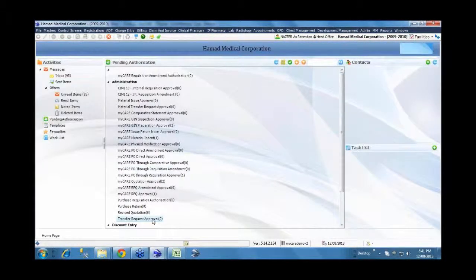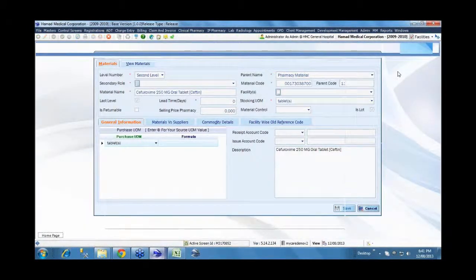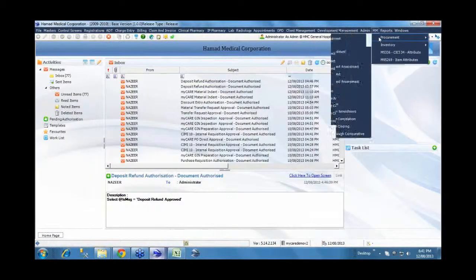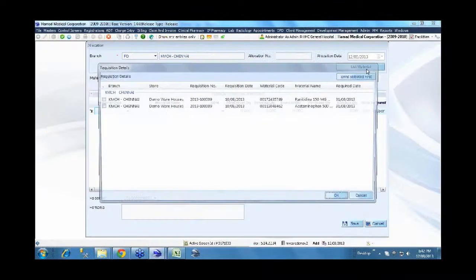So once the request is made, sometimes it needs an approval. Any transaction in the system for that matter, you can define as to whether it requires an approval or not. Based on the request, whoever has the authority, that transaction will be listed for approval for that particular person, and he can approve it. Once it's approved, only then will it be shown in the next step wherever it's involved. So the warehouse user, just to save time, because one person is requesting and the warehouse staff is another person.